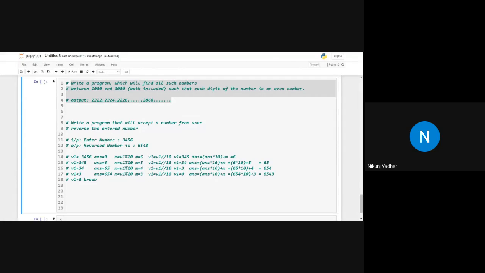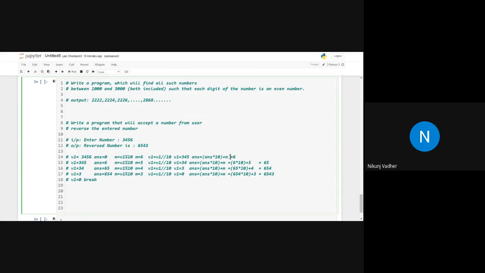Just a second, I'm creating the assignment for you people. Okay, the assignment is created. So here, the number entered by the user is 3456, and the reverse output should be 6543. Clear?